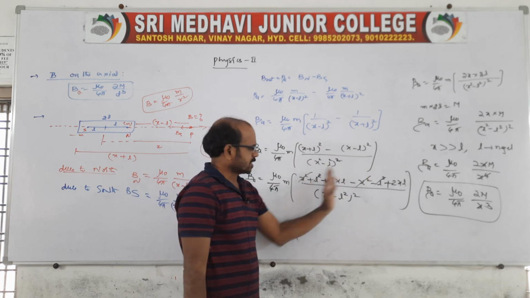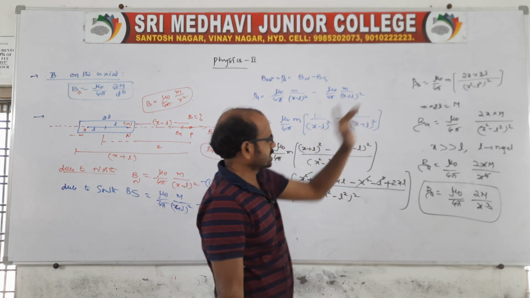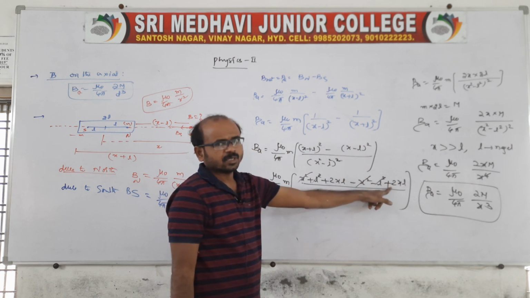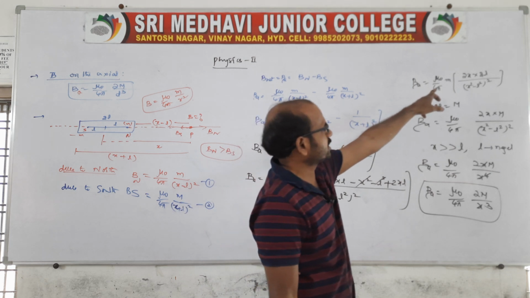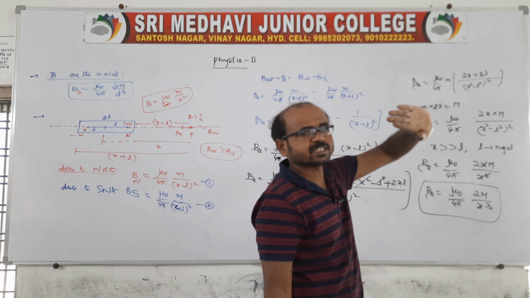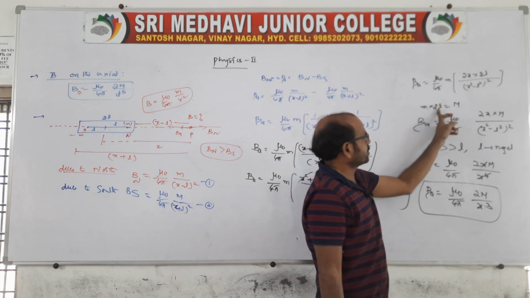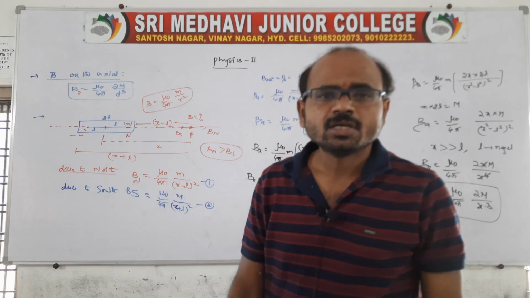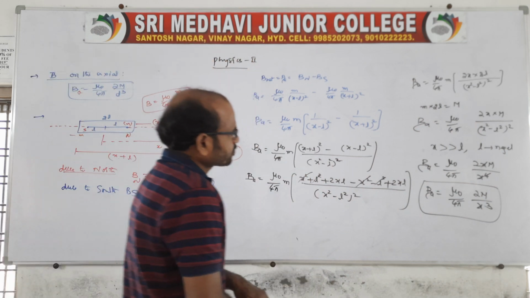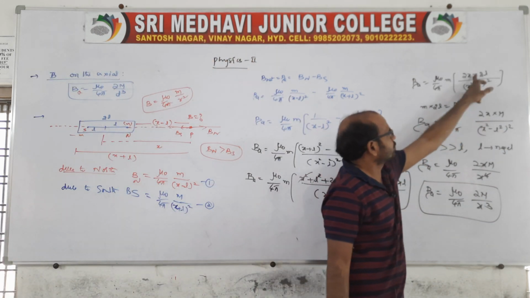The similar terms are to be cancelled. What is left here? 2xl plus 2xl, actually 4xl we will get. But instead of writing 4xl, you write 2x into 2l, which is also 4xl only, for the calculation purpose. So the small m into 2l, the length into the magnetic pole strength, is nothing but the capital M. Therefore here you write capital M into 2x.